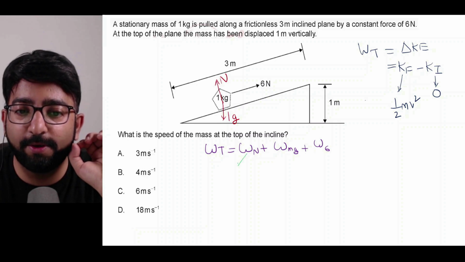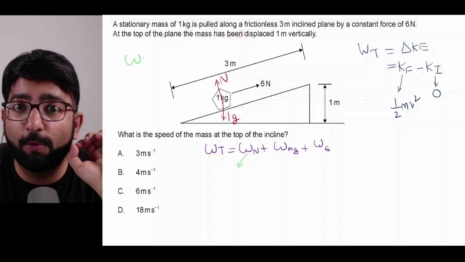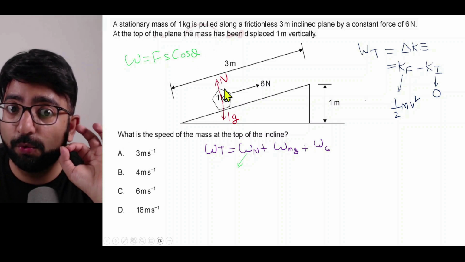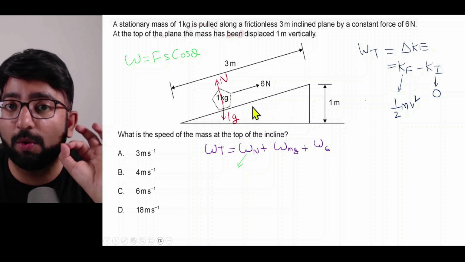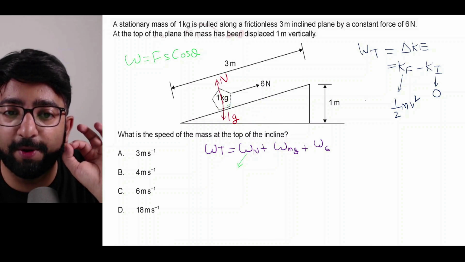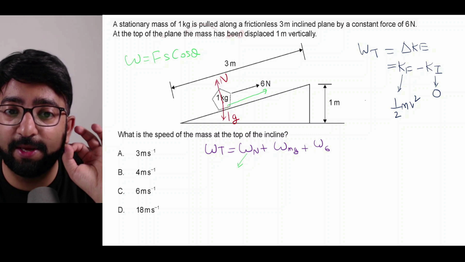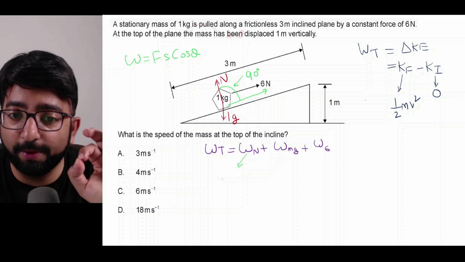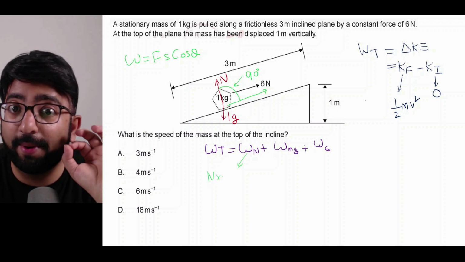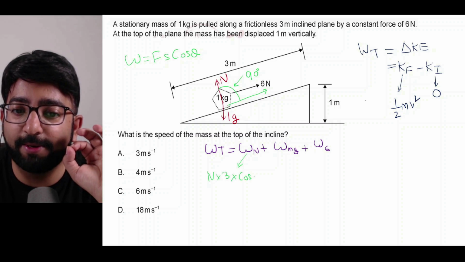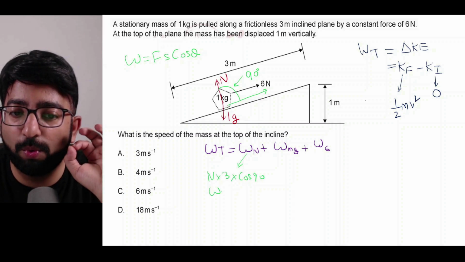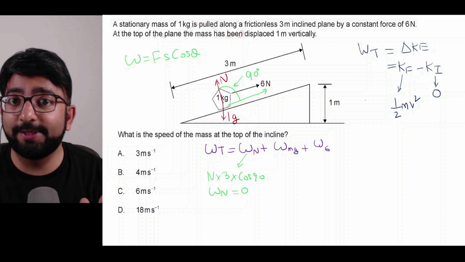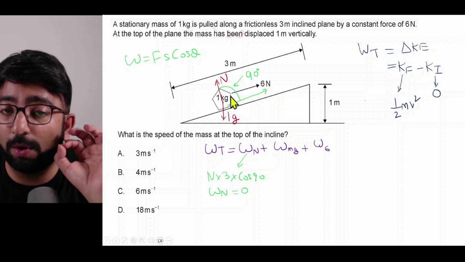In case of the normal reaction, let me write down the basic formula for work, which is force into displacement into cos theta. Now, normal reaction is always perpendicular to the contact surface. The object is moving along the incline upwards. Hence, the angle between the normal reaction and the displacement is 90 degrees. So the work done will be N multiplied by displacement, which is 3, multiplied by cos 90. Cos 90 is 0, which means work done by the normal reaction is equal to 0. Now remember this as a rule: work done by normal reaction is always 0,